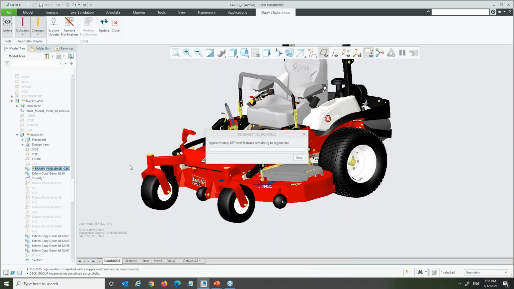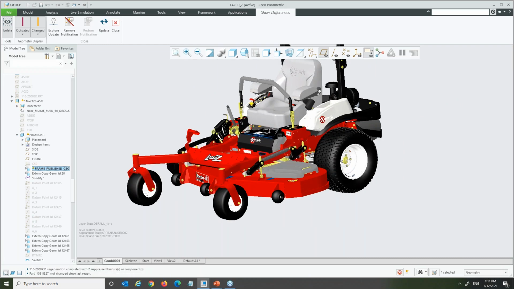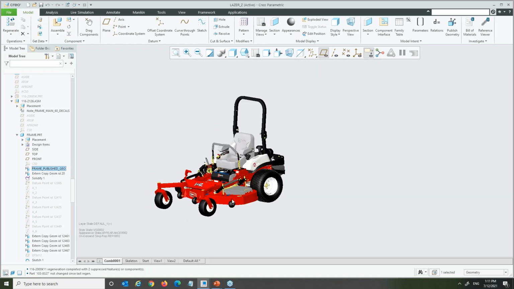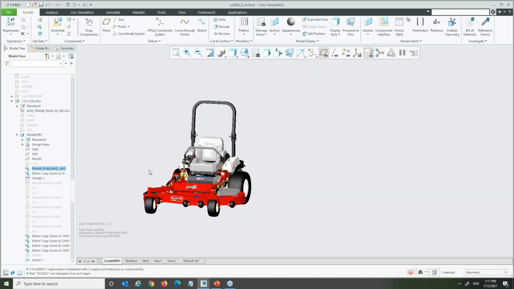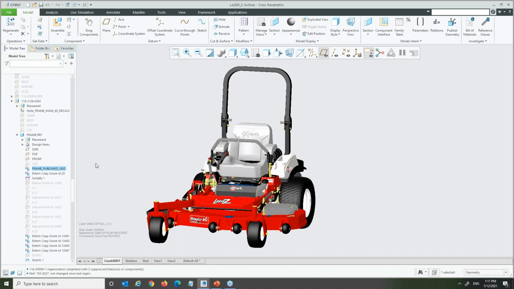In a few seconds, I will see the position of the front wheel assembly get that update. It's a large assembly with around 1,200 components. You can see that simply by updating that information at the top level, it actually updated all of the sub-assemblies and all other components to the right position. That's really the beauty of using a skeleton model and using those critical dimensions for the other components.